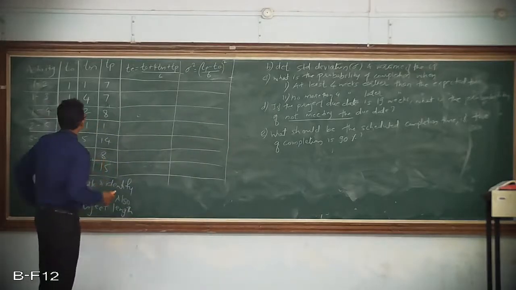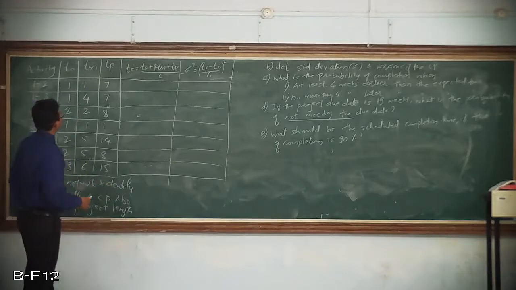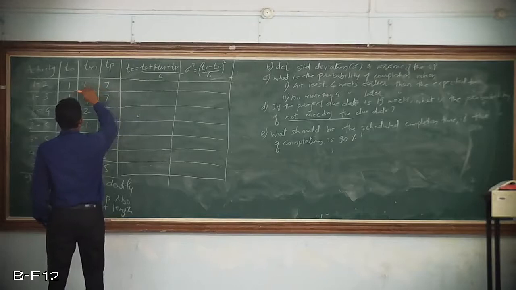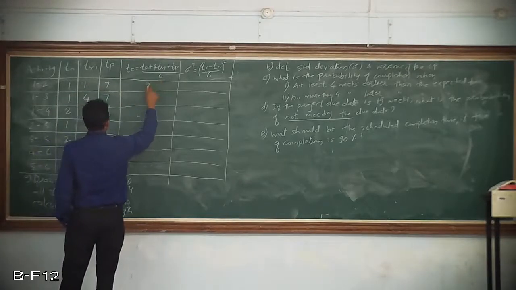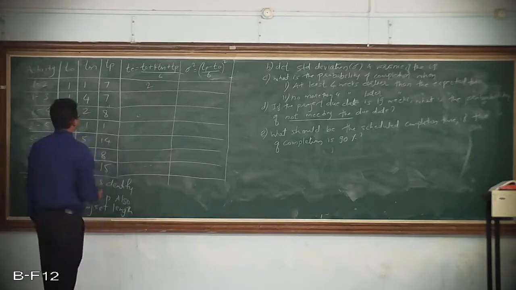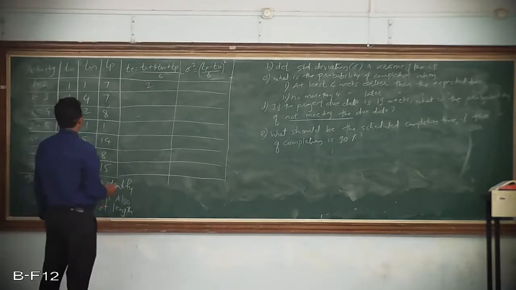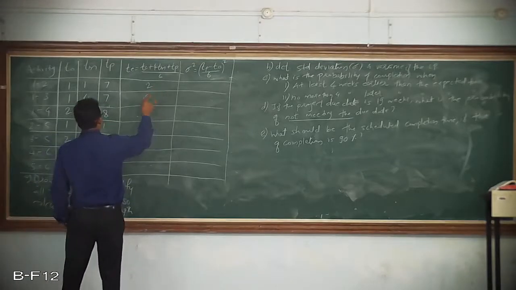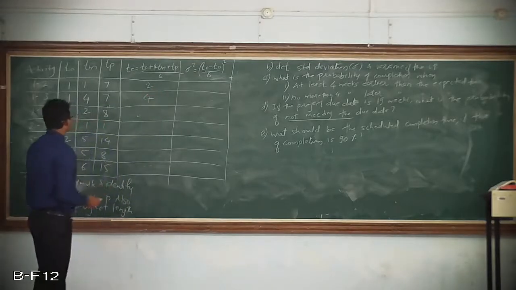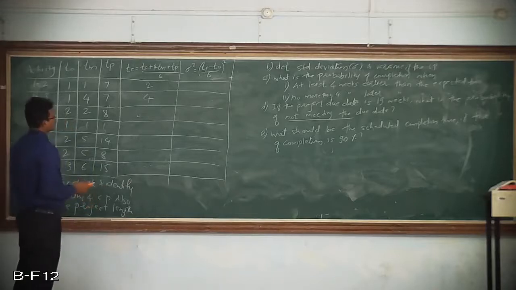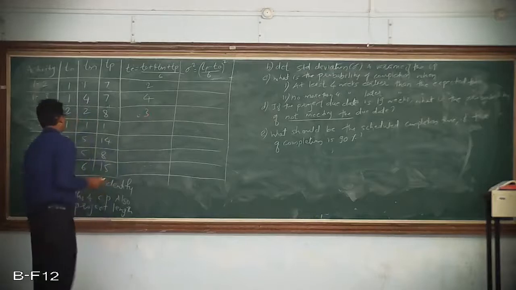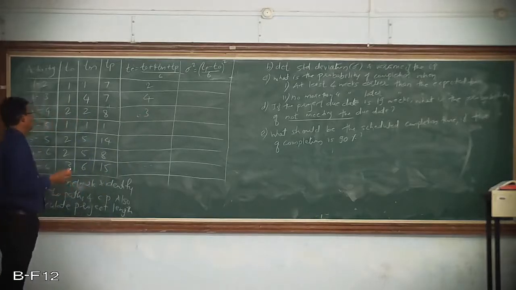Okay, so we'll proceed. So 1 plus 4 times 1, 4, 1 plus 4 is 5, 5 plus 7 is 12, so 12 divided by 6, 2. Then again 1, 4, 7, so 1 plus 16, that is 17 plus 7 is 24, 24 divided by 6 is 4. Then 2 plus 8 plus 8, that is 10 plus 8, 18, 18 divided by 6 is 3, then 1 plus 4, 5, 5 plus 1 is